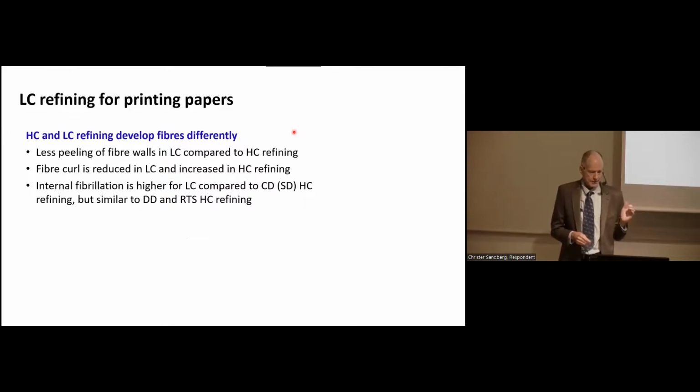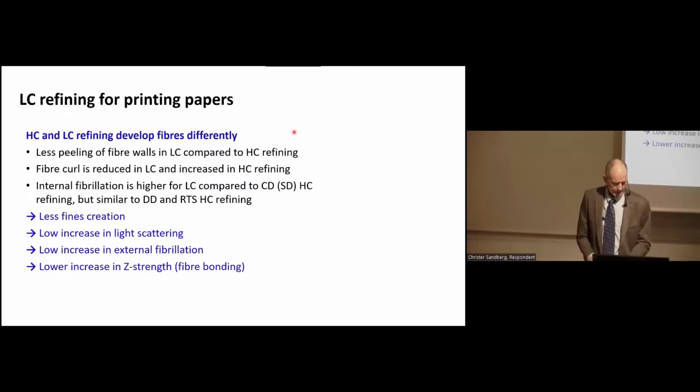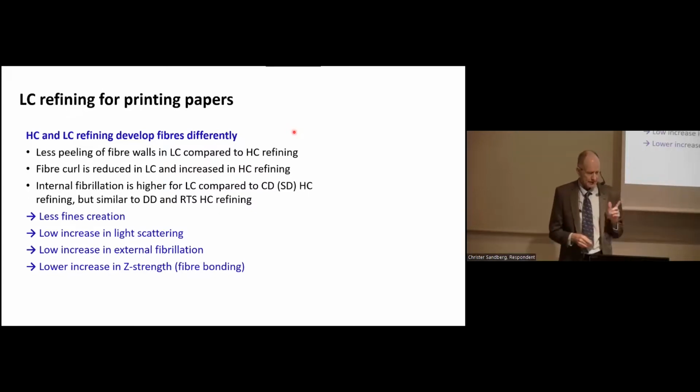But internal fibrillation is similar to DD and RTS refining. And this means that less fines is created in LC refining. You get lower light scattering, a low increase in external fibrillation, and a lower increase in Z strength,